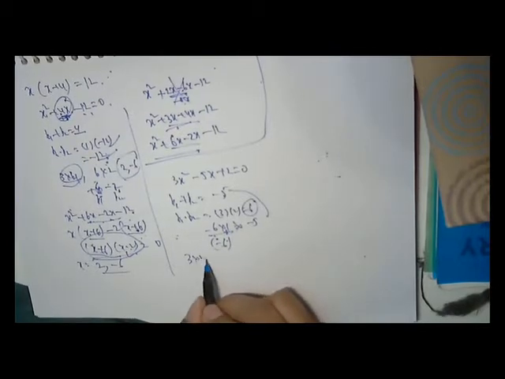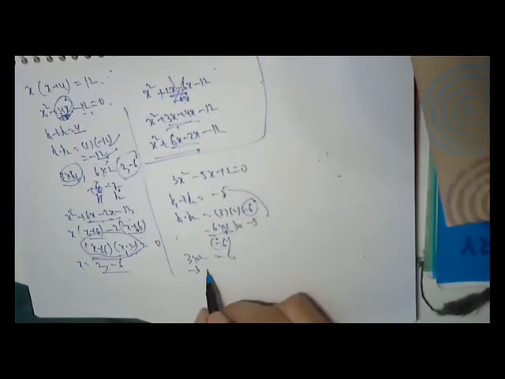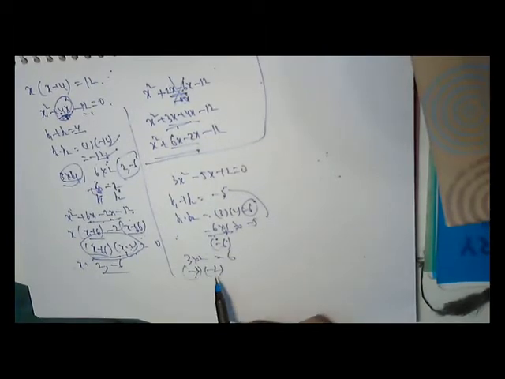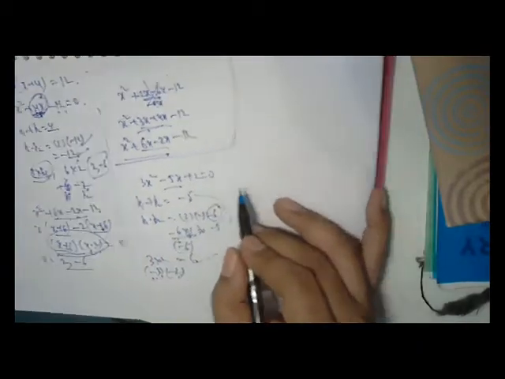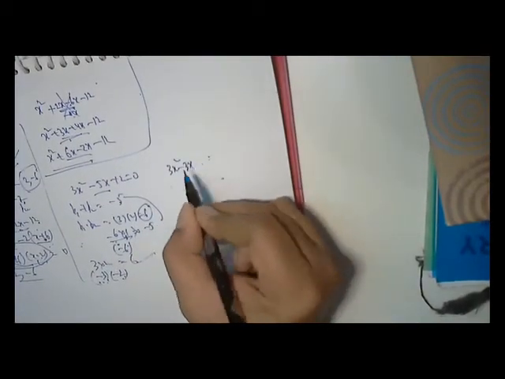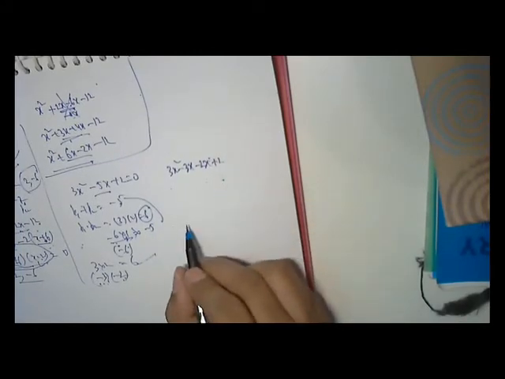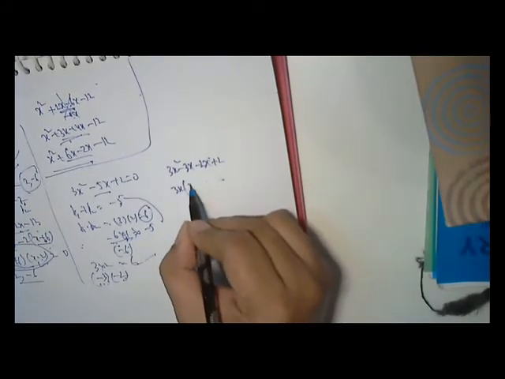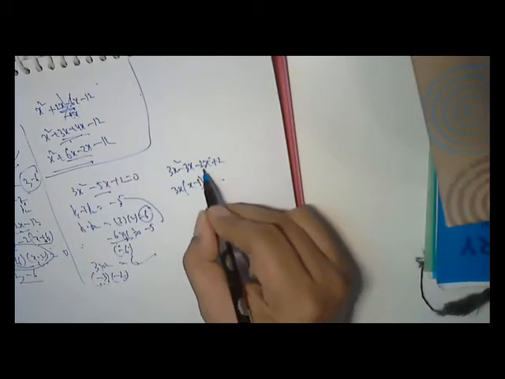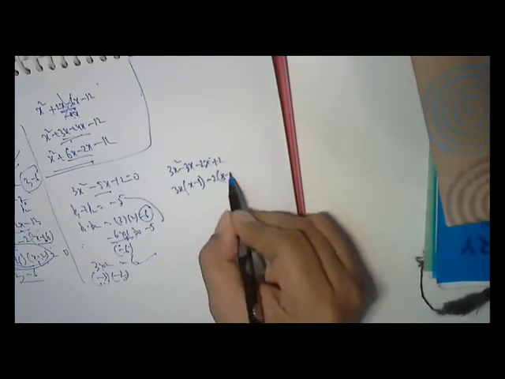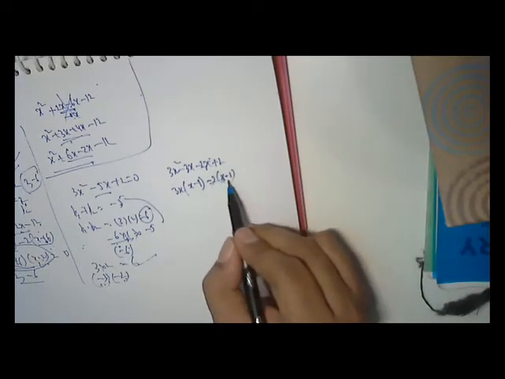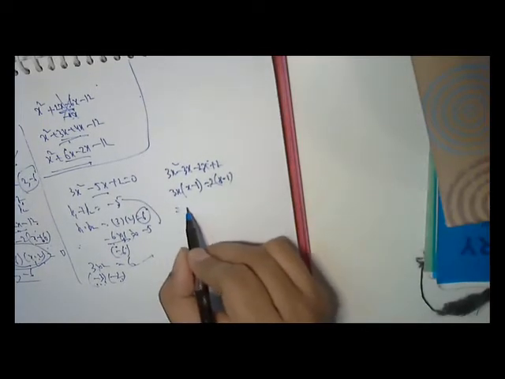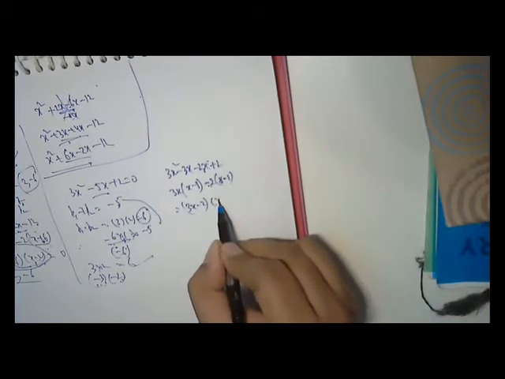So I have 3 into 2 is 6. So minus 3 and minus 2. Minus 3 into minus 2 is plus 6, and minus 3 plus minus 2 is minus 5. This tallies. So I have to split the middle term as 3x squared minus 3x minus 2x plus 2. We take 3x common here, x minus 1. Here if I take minus 2 common, x minus 1. So minus into minus is plus, 2 into 1 is 2, and minus into 2 into x is minus 2x. So the same thing I put in brackets, taking the other factor outside. So what is it becoming? 3x minus 2 into x minus 1.